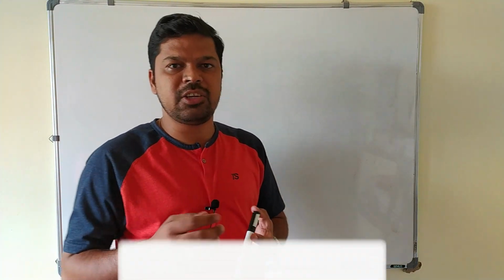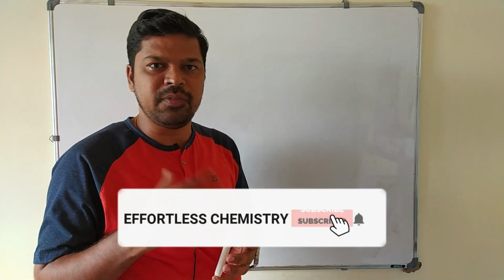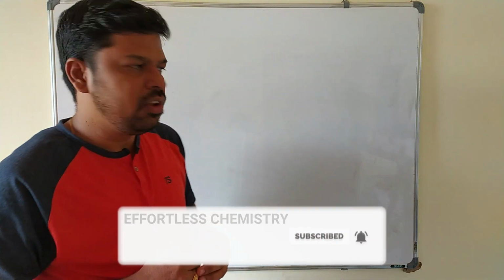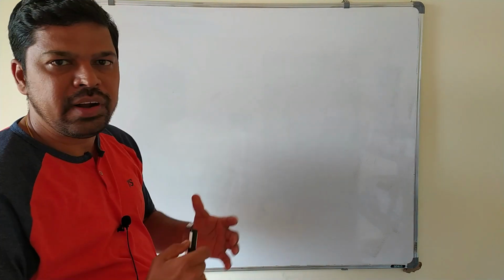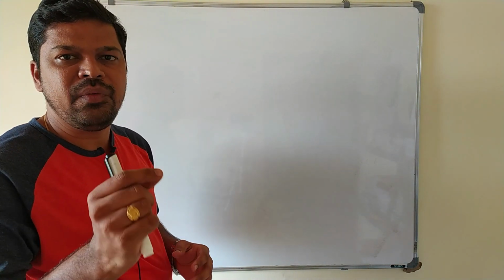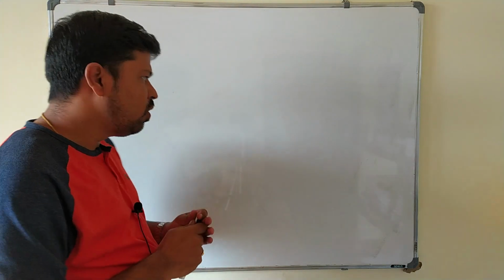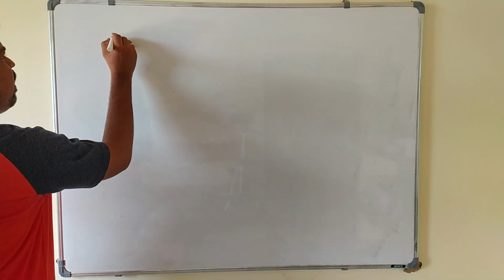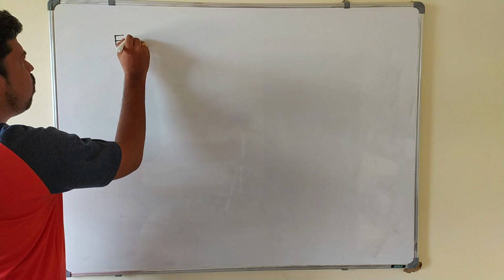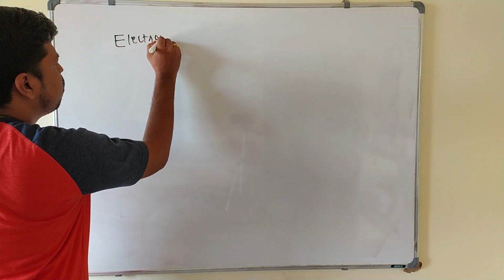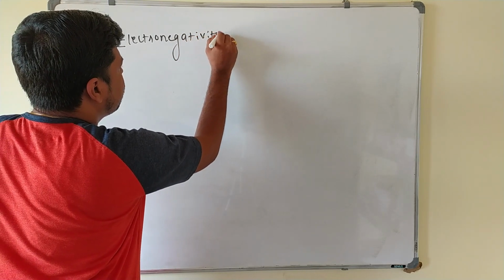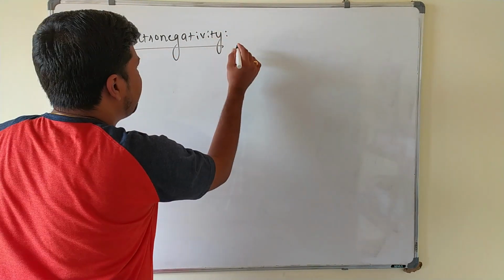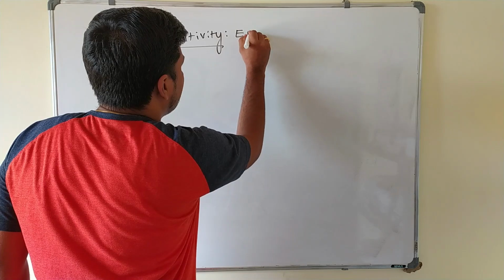And in the last session we have already started group 15 of the p block elements, and we have discussed up to the variation of the atomic size. Now we will discuss the variation of electronegativity in the group 15 elements. Already you know what electronegativity is. In short, I will write electronegativity as EN.